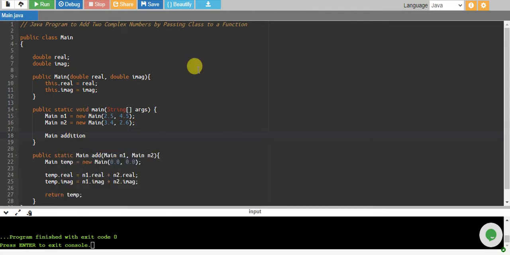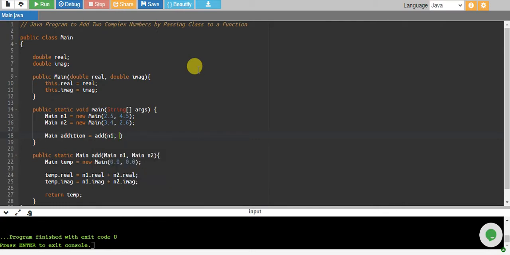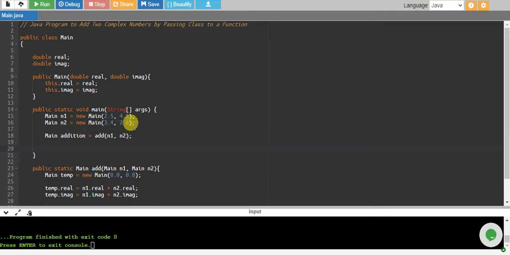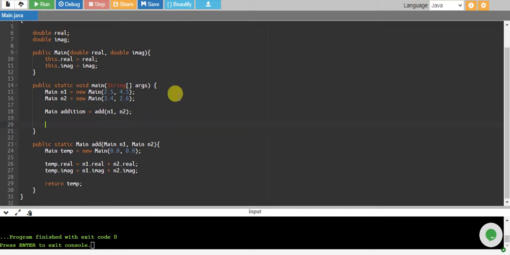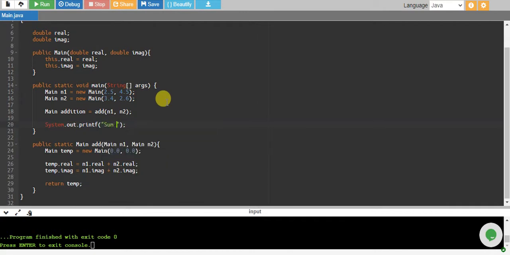Okay, and I have a main addition of these two equals to, I call my add function, and I pass my n1 and n2, and this will return me an addition object of main class type. So I finally print them. Okay, so what I say is, I say sum equals to percent point one f plus percent point one f, and I give i for iota.